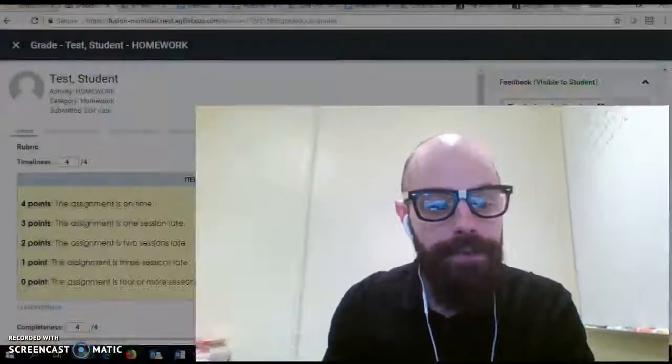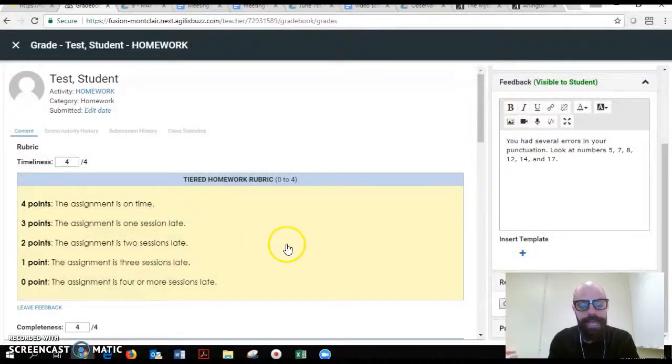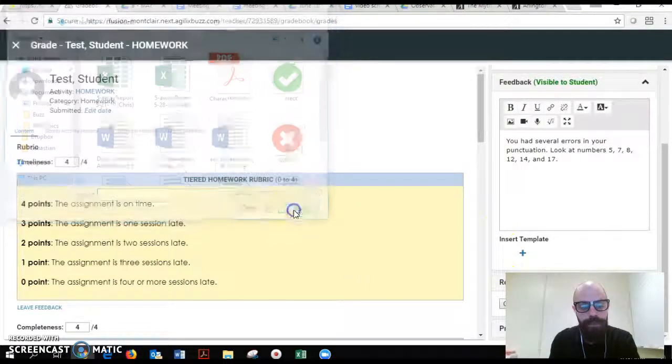Now I'm going to show you how I grade most of my assignments. So when I grade assignments, I make sure to use the rubric and I type feedback into the text box here. But also, I like to use returned attachments down here to attach marked files of the homework that was